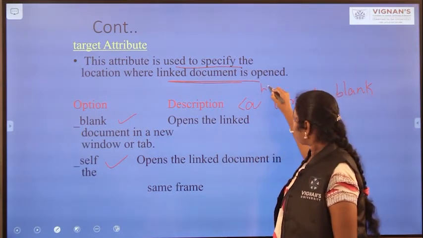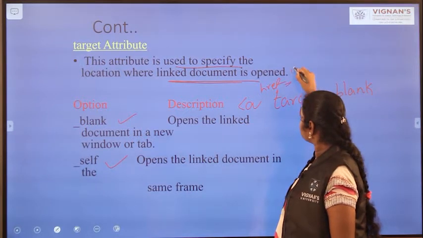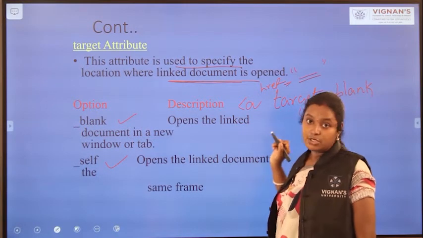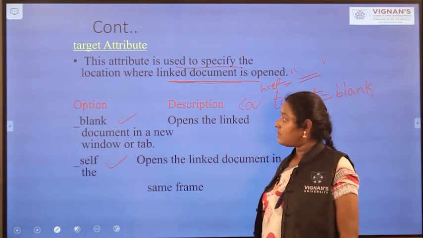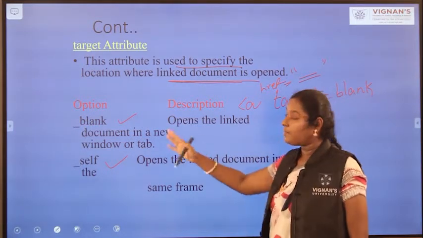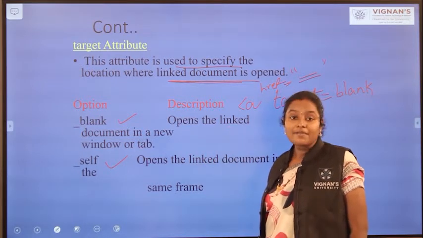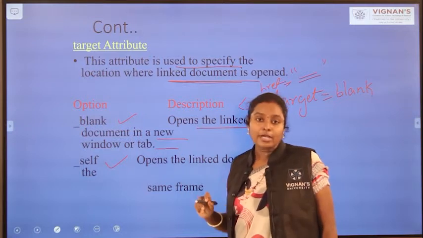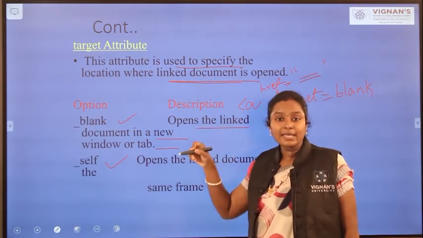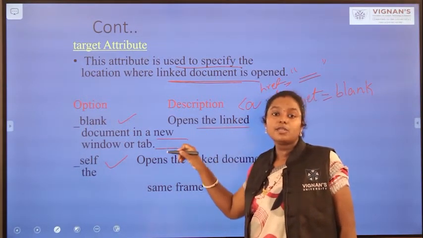In the anchor tag, you will write href, some link, the destination, and after that followed by the target attribute. If you give target equal to blank, then where will the document open? It opens the linked document in a new tab. So whenever you click on the hyperlink, it will be opened in a new tab.